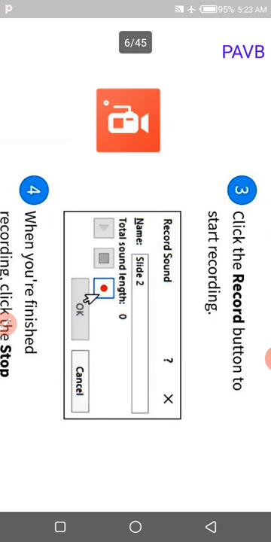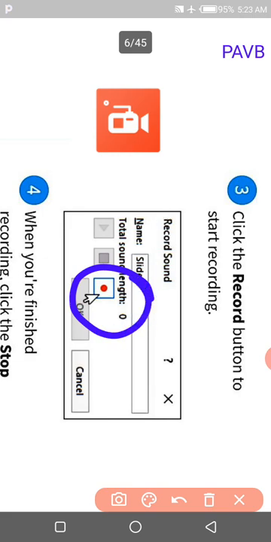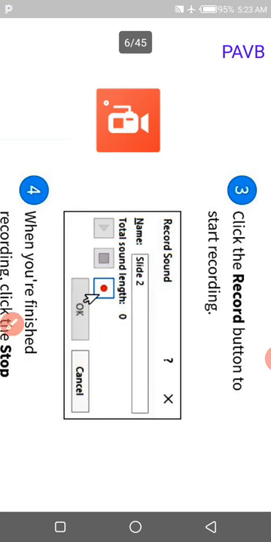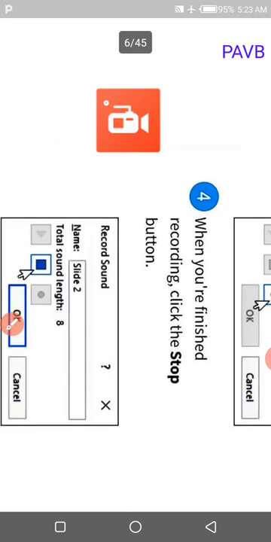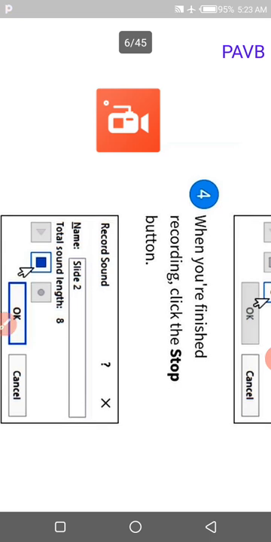Step 3. Click the record button to start recording. Step 4. When you are finished recording, click the stop button.